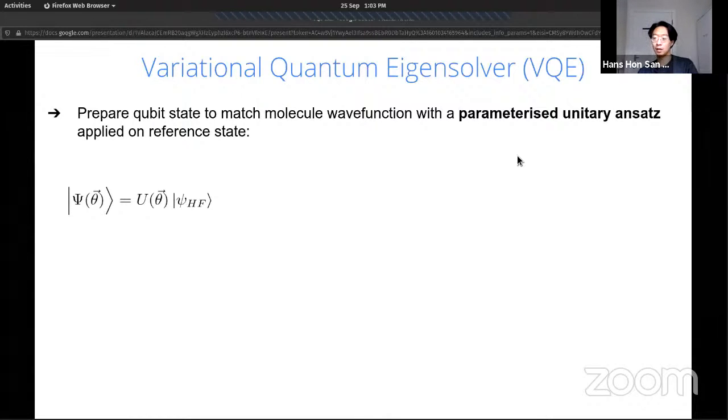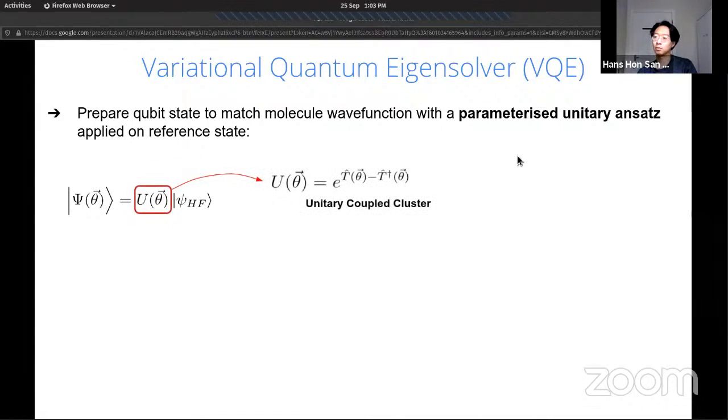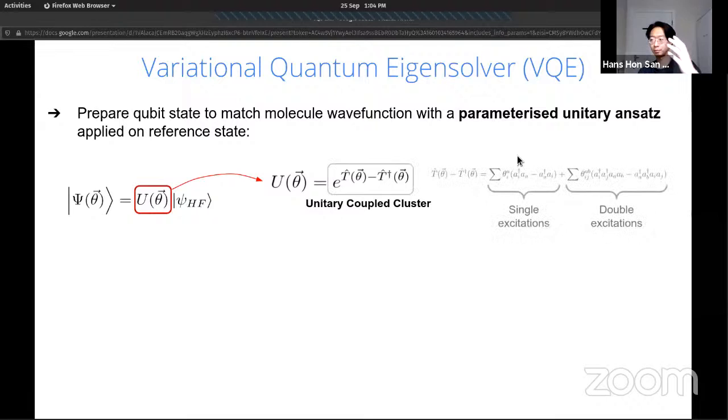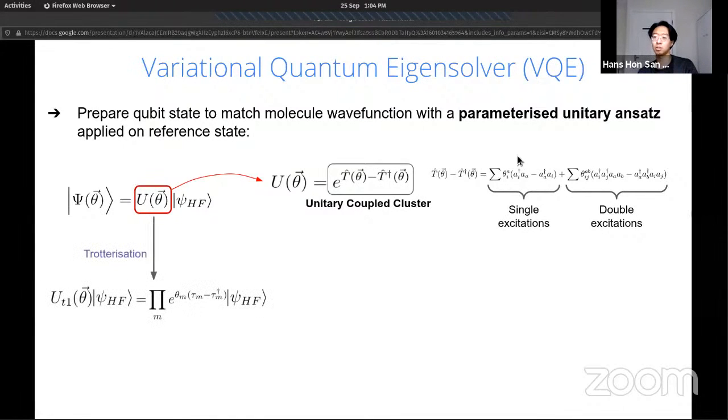Being physical chemists, we want this unitary to be physically motivated, in other words, based on the features of real physical systems. And so the unitary version of the coupled cluster singles and doubles method, given its ubiquity in molecular physics, is often the go-to. Talks from this morning give more in-depth justifications for this choice, so feel free to refer back to them for more detail. And with some approximations, what we call Trotterization, this unitary is split into a sequence of Pauli operators,